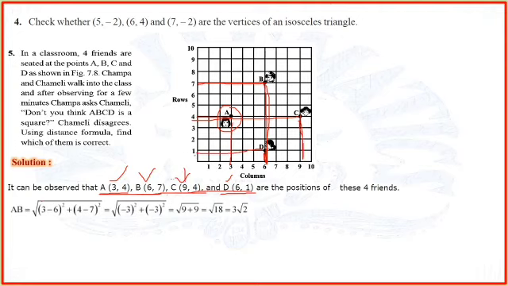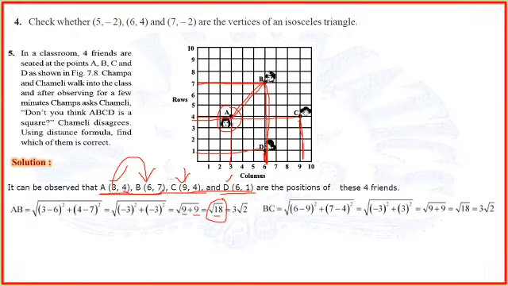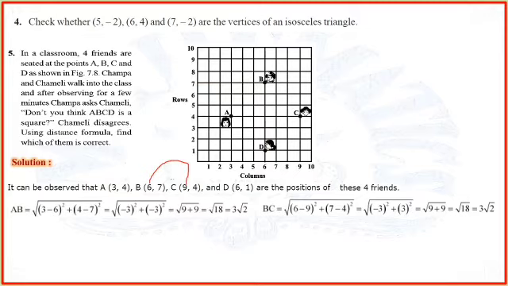First of all, the distance of AB, from A to B. Now this is 3 minus 6 and 4 minus 7, whole square of both. So 3 minus 6 is minus 3, whole square, and 4 minus 7 is minus 3, whole square. 3 times 3 is 9, 9 plus 9 is 18. The square root of 18 is 3 root 2. Now BC is 6 minus 9 whole square and 7 minus 4 whole square. 6 minus 9 is minus 3, and 7 minus 4 is plus 3. So again 9 plus 9, again root 18, and again 3 root 2.